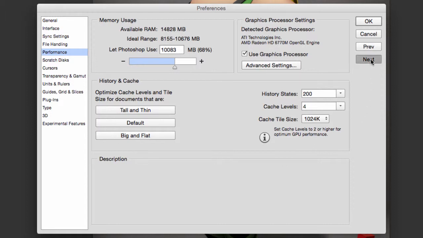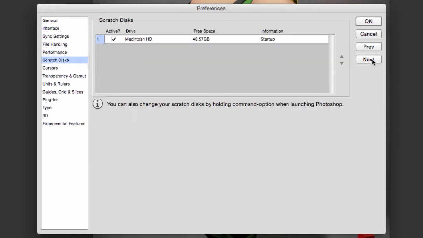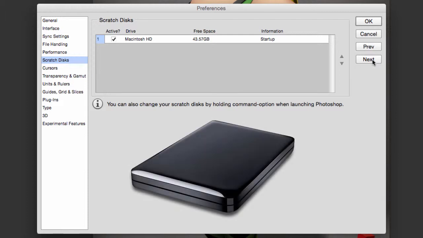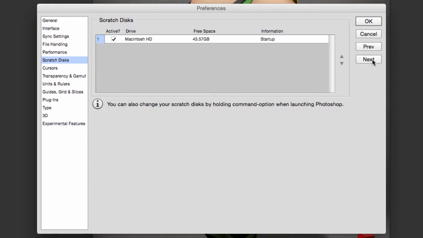All right, let's go to the next. Scratch disk. A scratch disk is an additional hard drive, either internal or external, that Photoshop uses to make calculations on your performance, meaning that every time you copy something, every time you apply a filter, Photoshop uses it to make those calculations. So if you have an additional hard drive, you can plug it into your computer, and then Photoshop will recognize it, and then you can select it, and you will notice a big